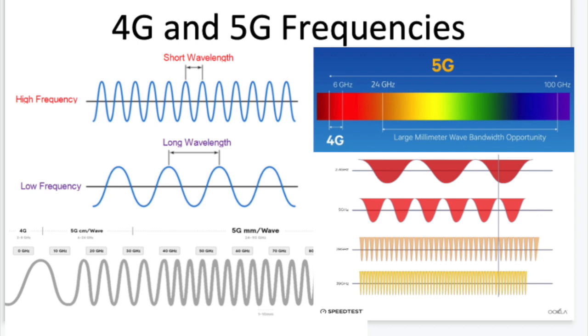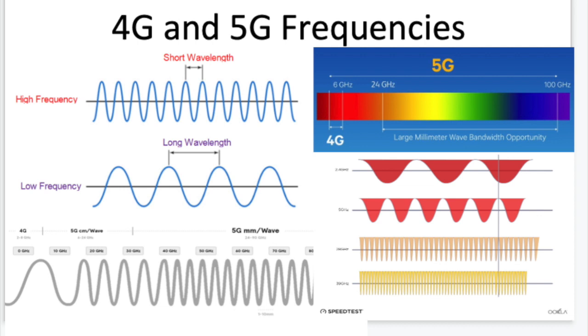On the bottom right, you'll see 4 different wavelengths for 4 different frequencies. The 2.4 gigahertz frequency is part of the 4G frequency range. Each wave carries a certain amount of data, and you can see for this time period, there are 3 intervals. As you move to the 5 gigahertz, you'll see that there are 6 intervals, which means you can send twice